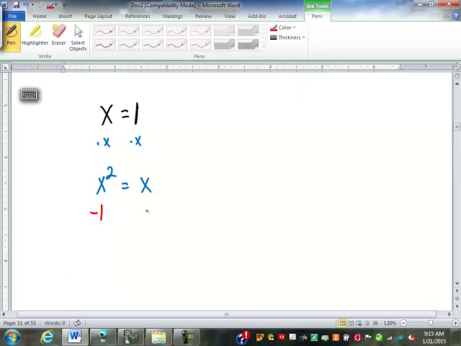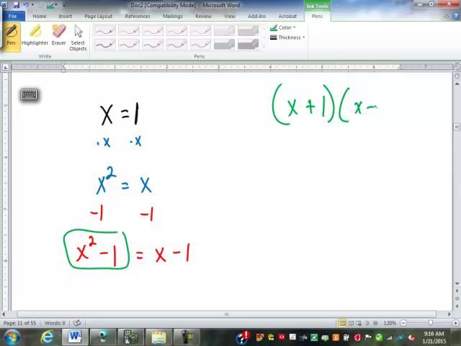Now we're going to subtract 1 from each side. So x squared minus 1 equals x minus 1. Now I'm going to take this and split it into two pieces. We talked about multiplying a little bit yesterday, or on Monday. Let's say we did x plus 1 times x minus 1. If we were to multiply that out,